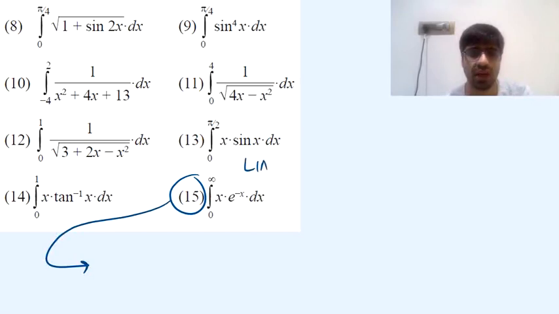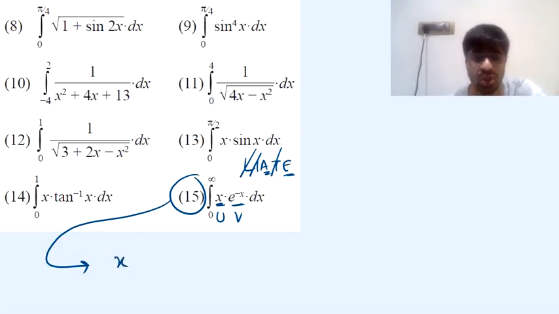Okay, again the rule of ILATE. No logarithmic, no inverse, algebraic, yes, you have it here, that is x, so that becomes u. No trigonometric, exponential, yes, you have it here, that's v. Okay, I need not go up till the end. The moment you have identified one as u, by default the other is v. So integration uv will be u integration v, that is x. Integration of e power minus x will be e power minus x upon minus 1, because you need to divide with the coefficient of x. That simply makes it minus e power minus x, and the limit goes from 0 to infinity.